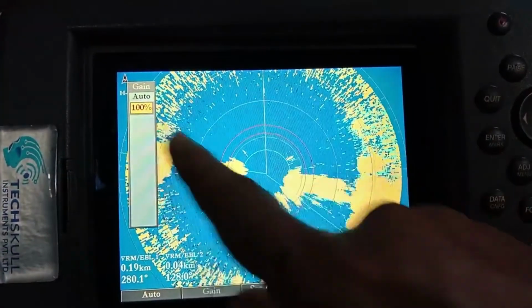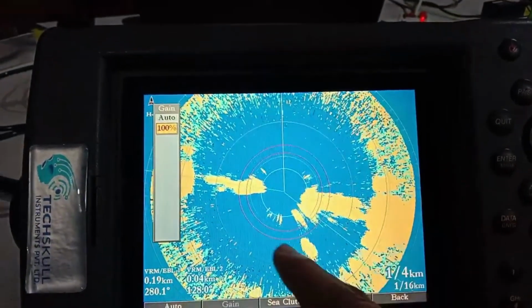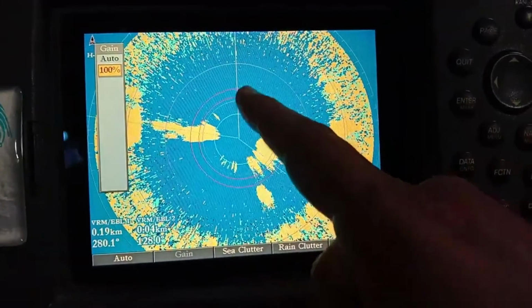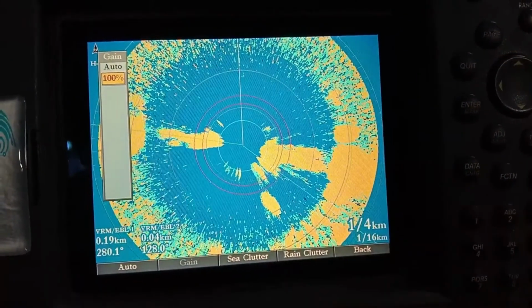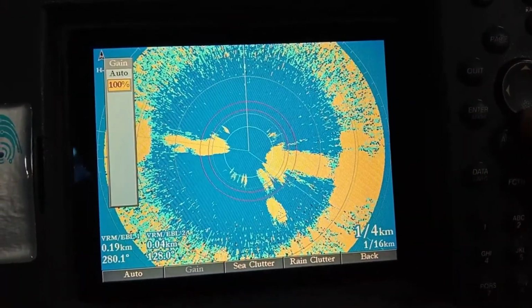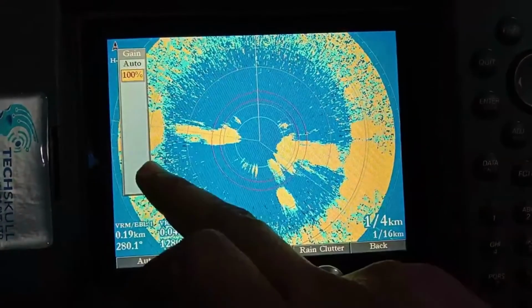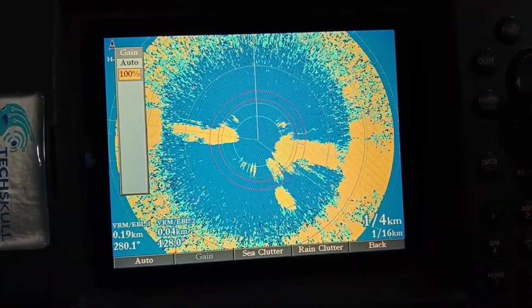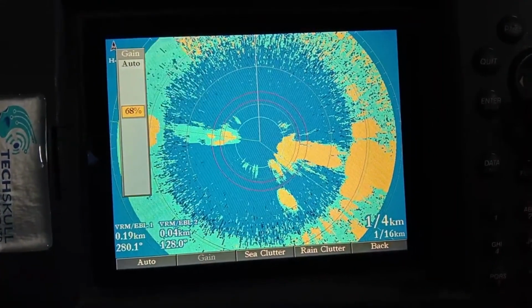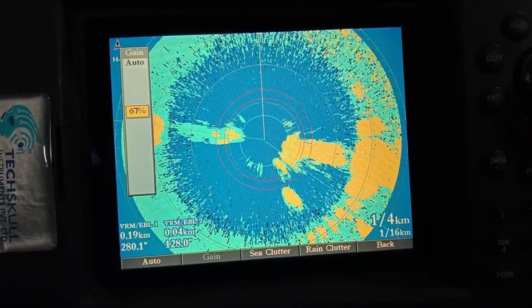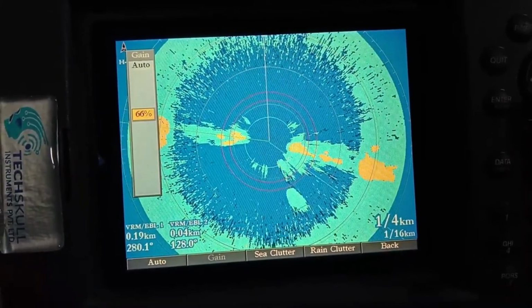At 100%, you can see lots of noise coming and unwanted echoes generated on the screen. So when you are using it indoors, don't increase the gain too much. You have to put the gain appropriately so that you can handle a good amount of clutter.